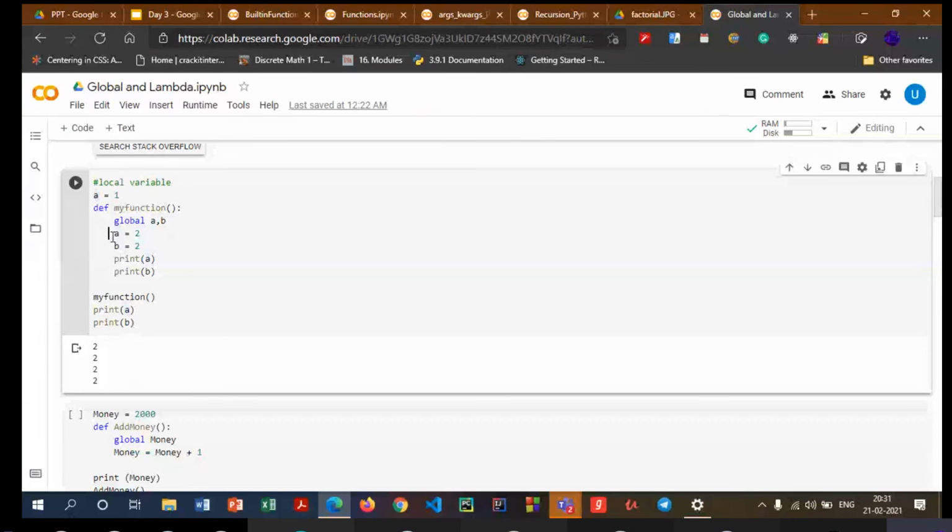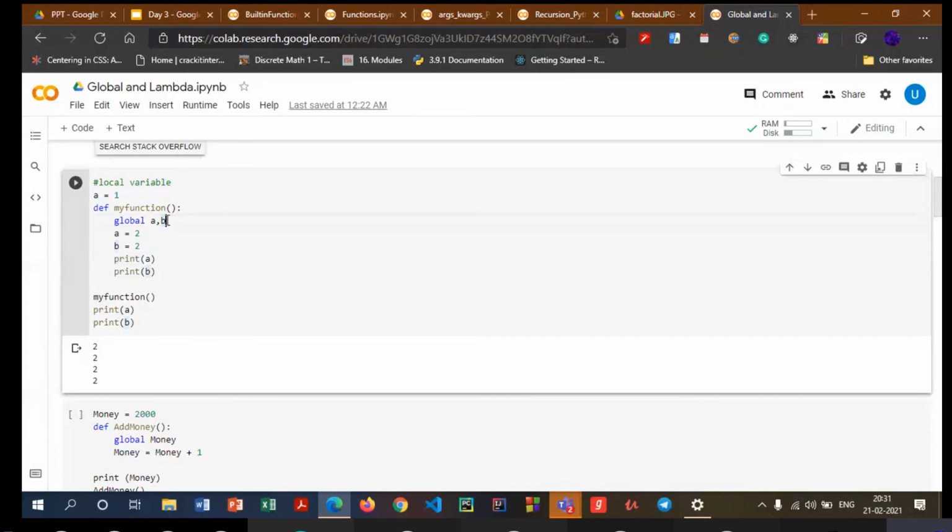So when I say a equal to 2 in the very next line, it will override the global value. Why? Because this a and this a, this time they are the same, because this a is also global, since it is obviously declared in the global scope. So when I say a equal to 2, this overrides the global value, and then I have a equal to 2. So when I say print a, this will print a equal to 2.